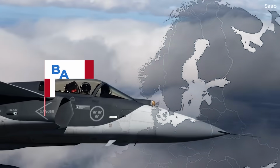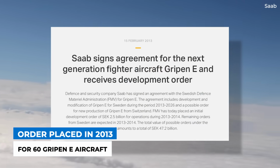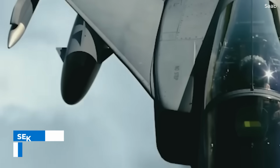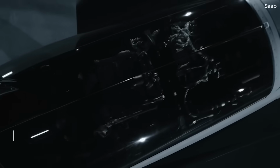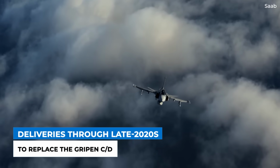As reported by Aerospace Global News, the arrival of this first aircraft is part of a larger 60-unit order signed in 2013 between Sweden's procurement agency, FMV, and Saab. The deal was valued at approximately 47 billion Swedish krona, about 4.3 billion euros today. Deliveries will continue through the late 2020s, and these will slowly replace the aging